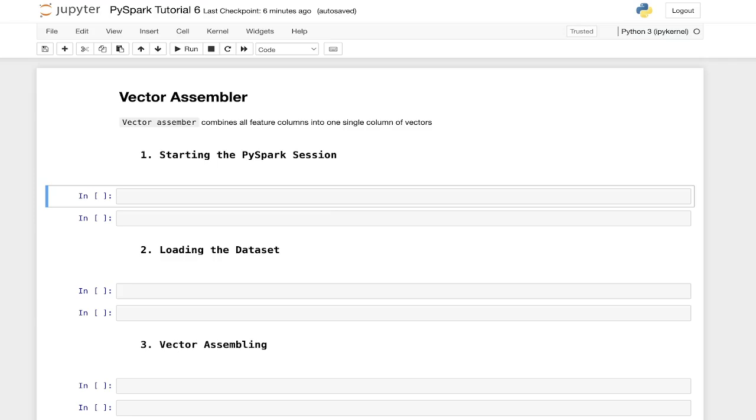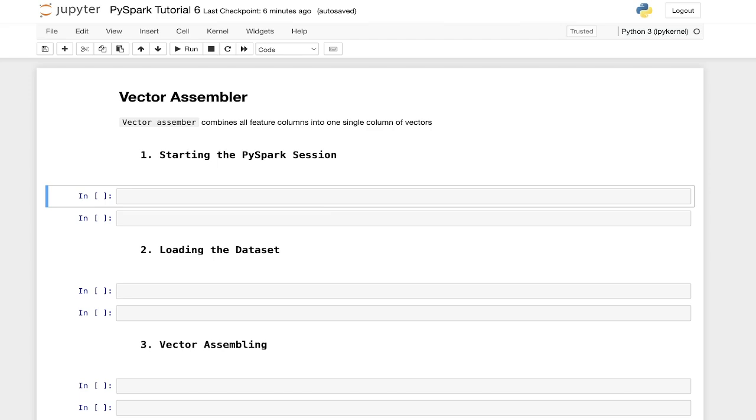This is the sixth tutorial from the series of machine learning using PySpark. In this sixth tutorial, we are going to talk about one of the most important topics, which is vector assembler. In the first 5 tutorials, I have covered the basics of PySpark, and through this sixth tutorial, we are slowly moving towards the core machine learning concepts that can be implemented using PySpark. The vector assembler actually bridges the gap between the basics and the core machine learning.